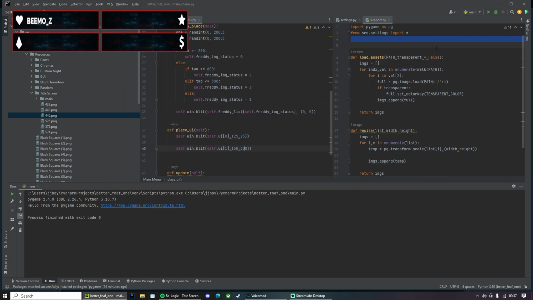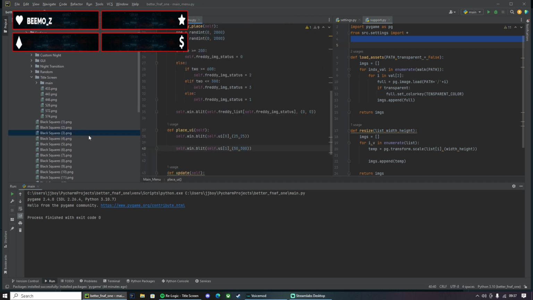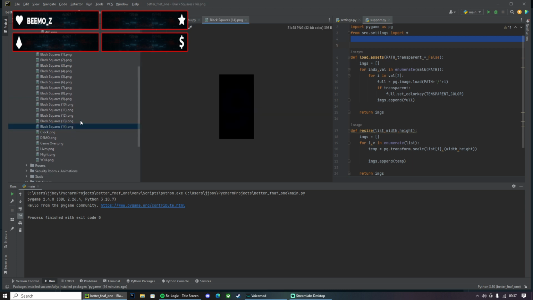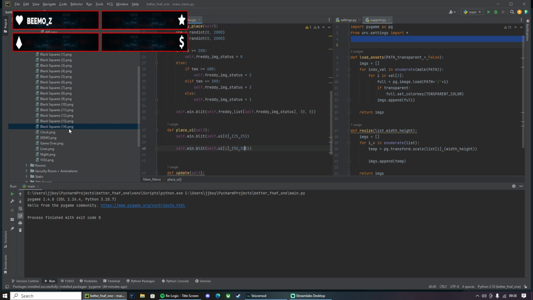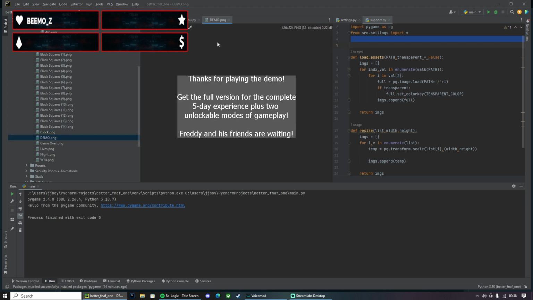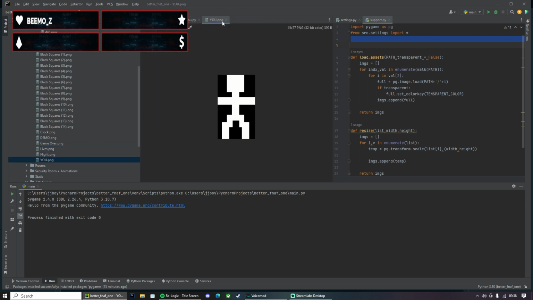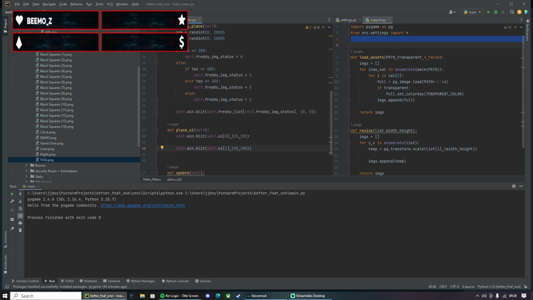I'm trying to learn Java, but it's really hard. Probably just get rid of these. Oh, they're only bytes though. Oh, you can see the numbers. I don't really need any of these.